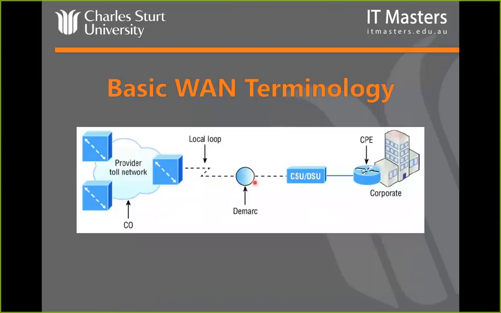So they'll provide cabling and everything into your office up to the end, and they'll provide you with a network terminating unit, which is basically their fancy little modem. And then from your side in, that's your responsibility. From that NT unit back into the provider network, that's their unit. That's their responsibility. So the demarc point is where that changeover of responsibility occurs. So in this case, the Americans are saying, well, the demarc point is somewhere in the middle between the cabling and the CSU-DSU.